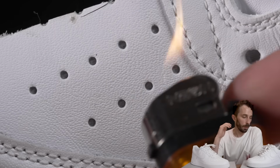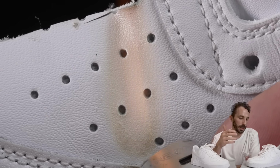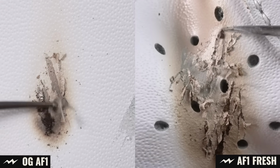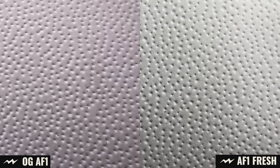But how good is the actual leather? So let's grade this leather first. We burnt the leather, and it's just like the old Air Force Ones, where you got that really heavy coating of plastic on top that basically just melts away. It has that same fake print embossed into it, and we cut a cross section, put the macro lens on